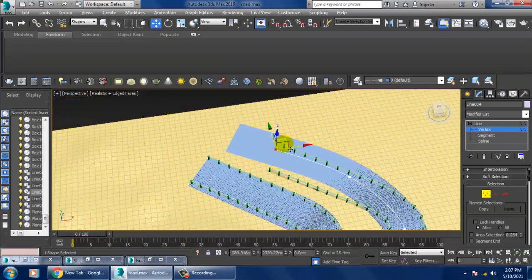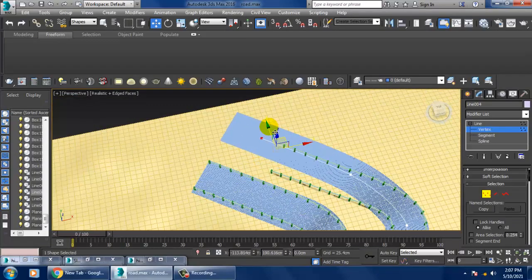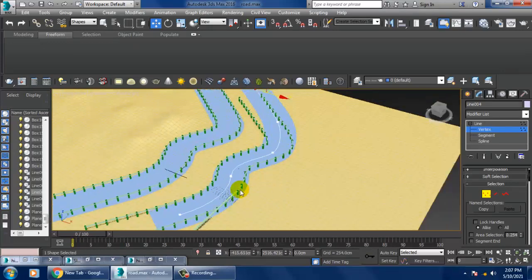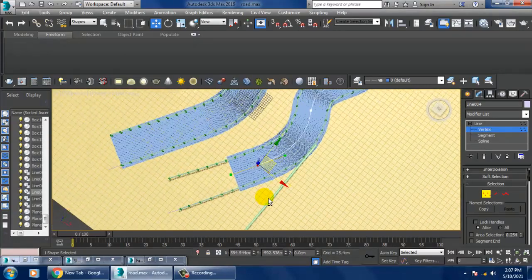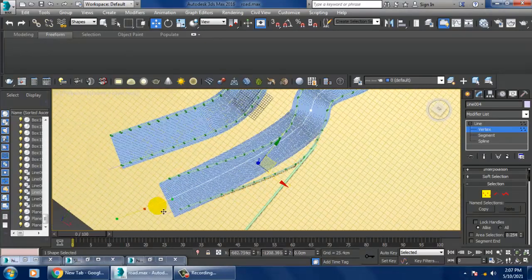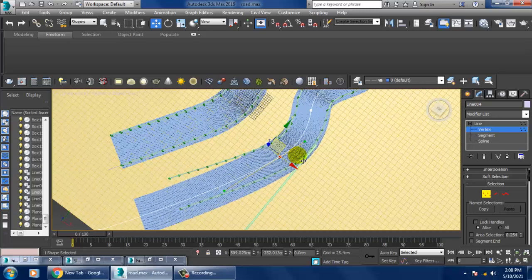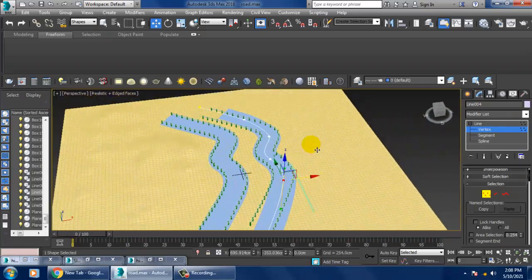That won't look the same in this way. Much better. The same way we'll again go into this and add a refine again and adjust this in the same way.